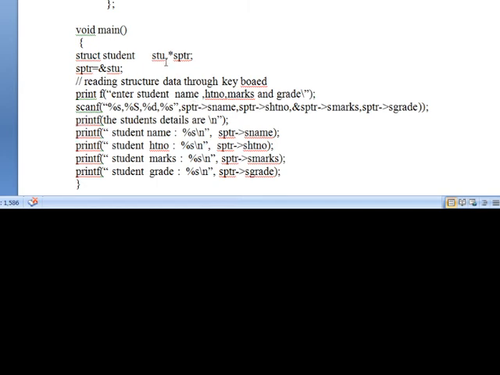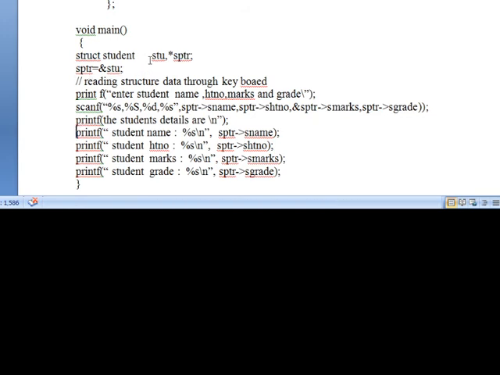First, declaration. In the declaration, struct student, we define a structure variable STU, and we have to define a structure pointer SPTR, a pointer variable for accessing data from the structure STU. This is the first step, declare the structure pointer. Next, the structure variable address is assigned to the structure pointer. Here the structure pointer is SPTR.